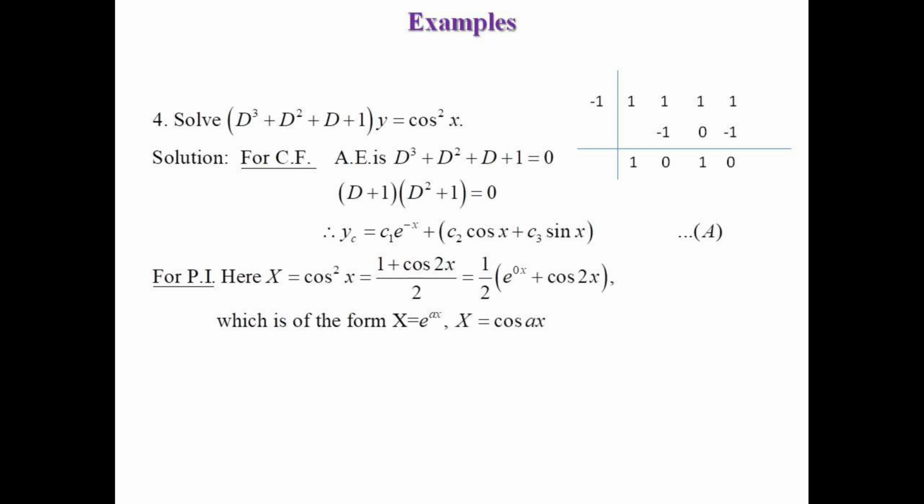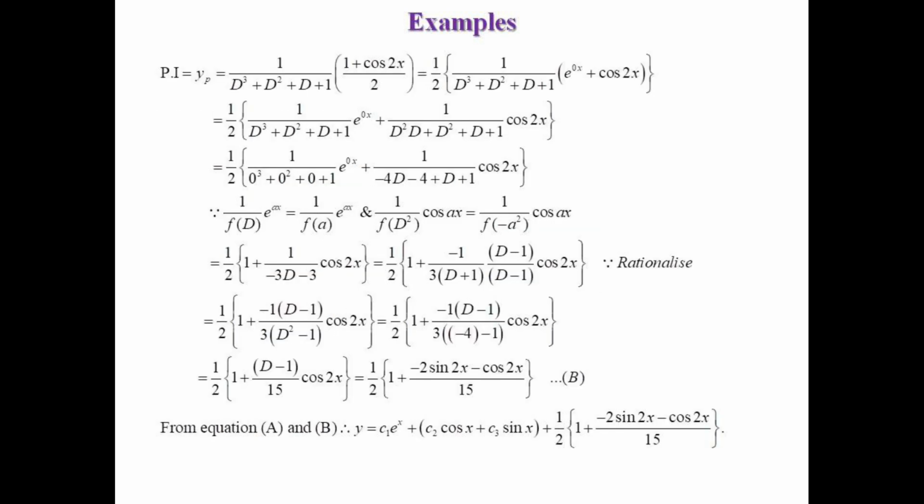So if we split this value in terms of e raised to 0x and cos of 2x, after taking 1 upon 2 as common, then we get the value as 1 upon 2 in bracket 1 upon d cube plus d square plus d plus 1 into e raised to 0x,